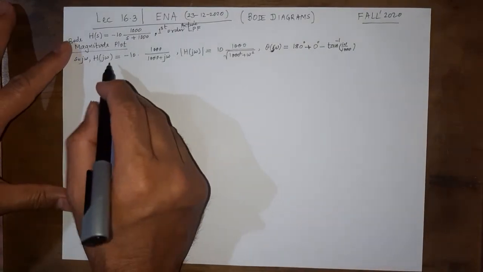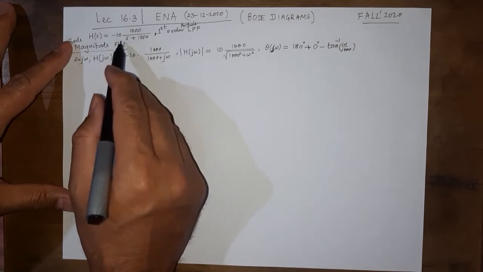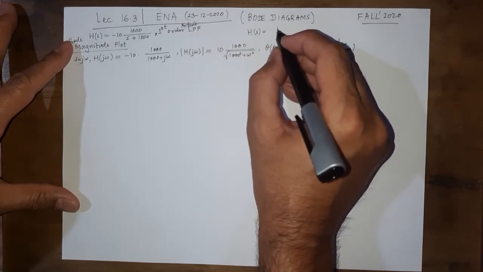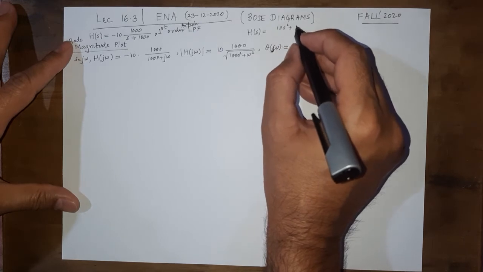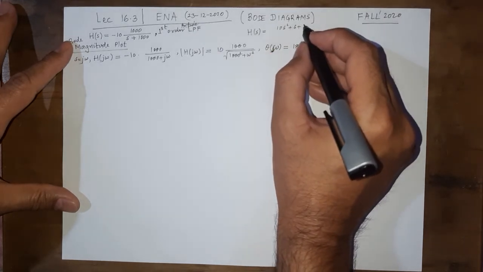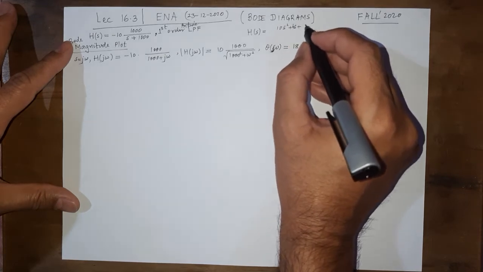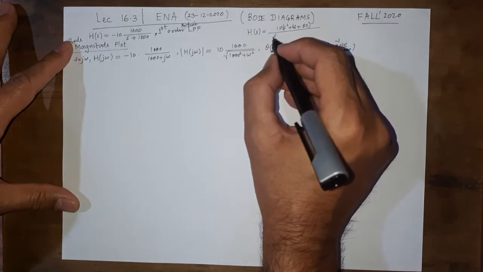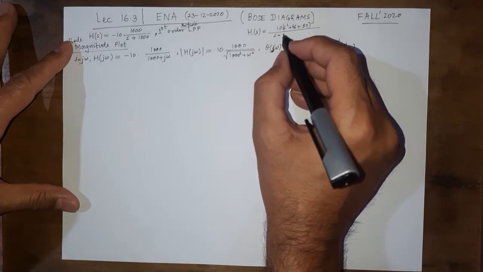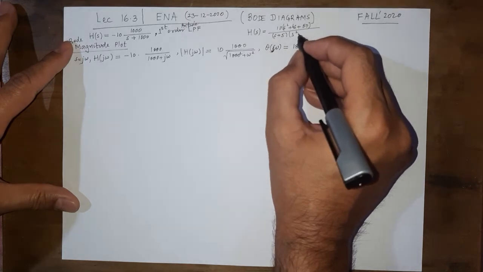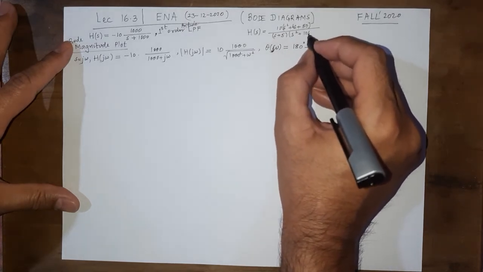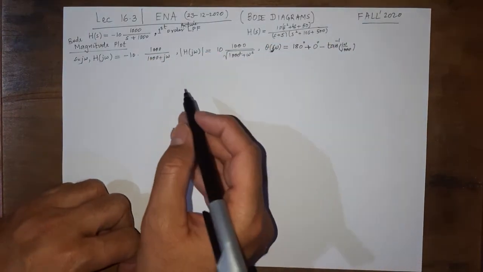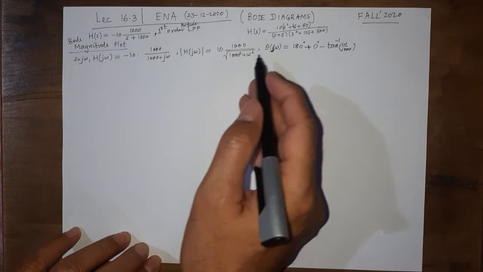However, it is quite cumbersome for large H of s. These are very simple H of s, but if we are given an H of s, say, of this form, 10 times s squared plus s plus 50 divided by s plus 5 times s squared plus 10s plus 500, say I have just randomly written it, but if you have to do all these steps, it's not very simple to follow.